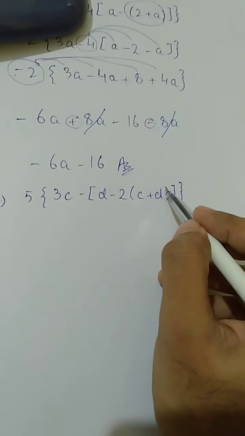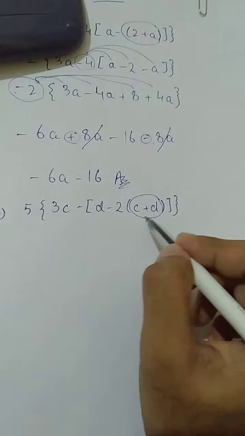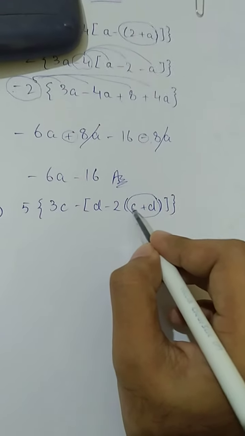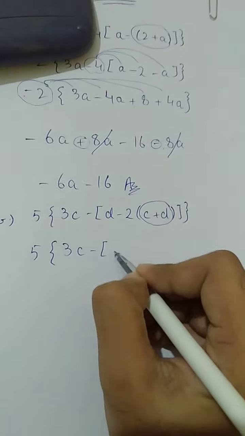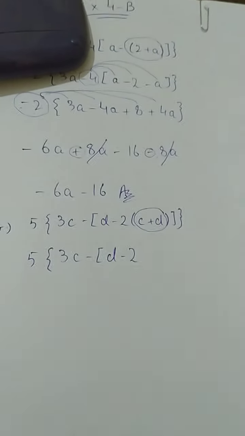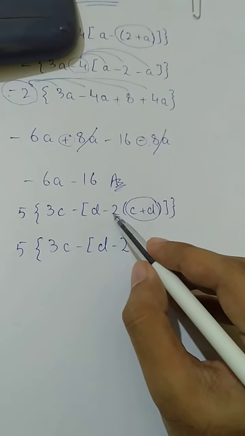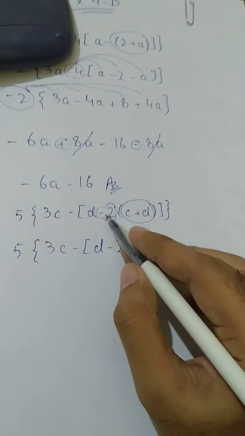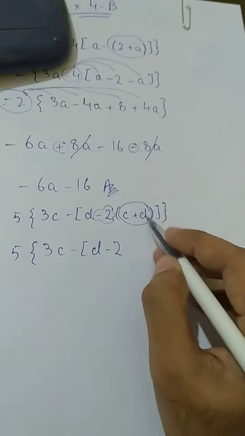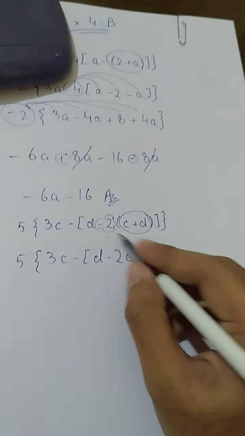Now here we have part B. Again we will start from the smallest bracket, which is the round bracket. So here it is. I will write all the values till I reach the round bracket. So let's start: 5, 3c minus bracket d minus 2, and stop. I have to stop here. Now I will multiply the value which is written immediately outside the bracket. -2 is written. Always take the number with the sign. So minus 2 will multiply with the values inside the bracket. So -2 with c is -2c, minus plus minus 2 times d is